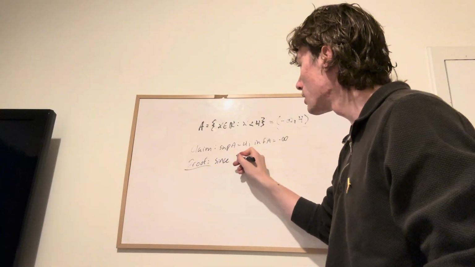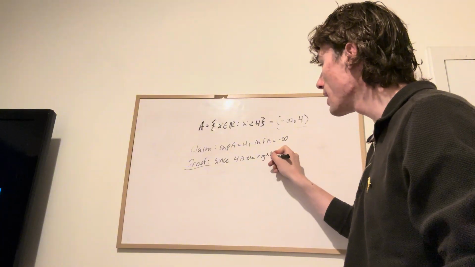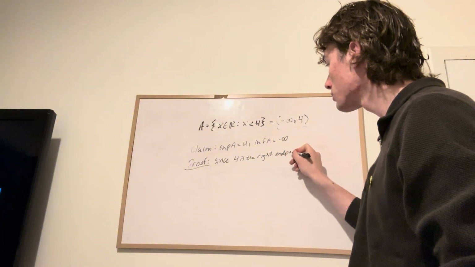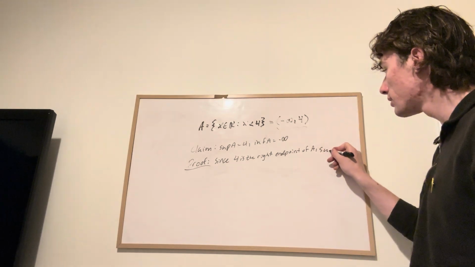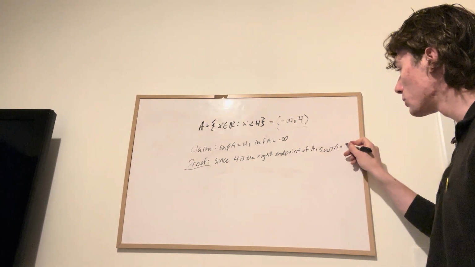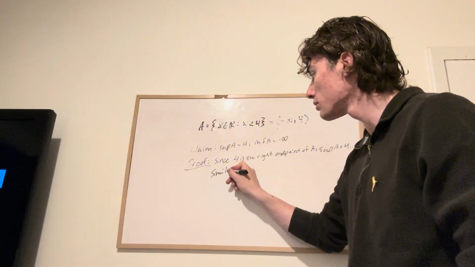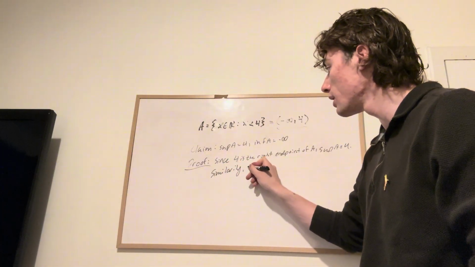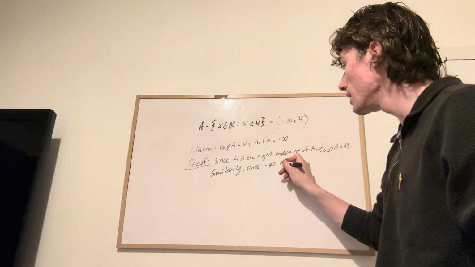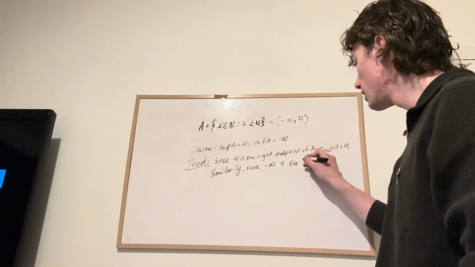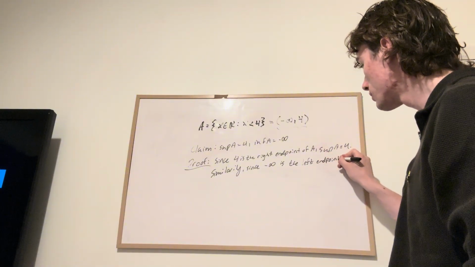Since 4 is the right endpoint of A, sup A equals 4. Similarly, since -infinity is the left endpoint, but wait,